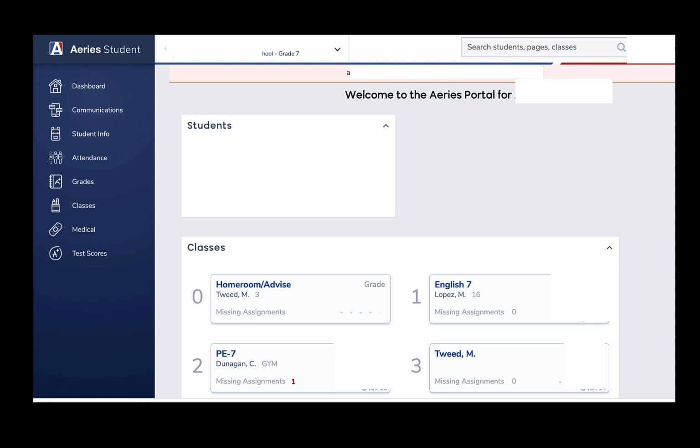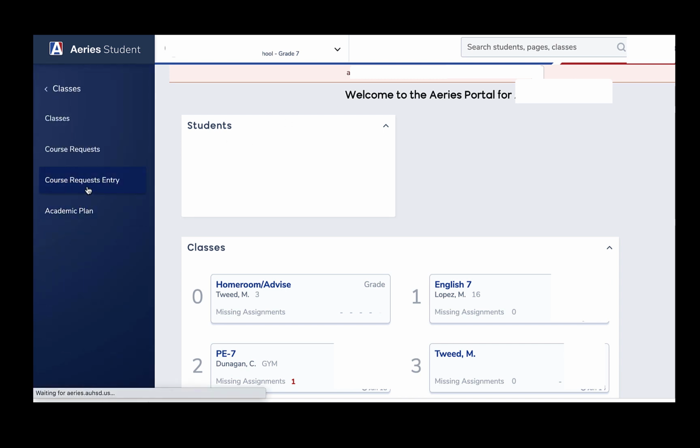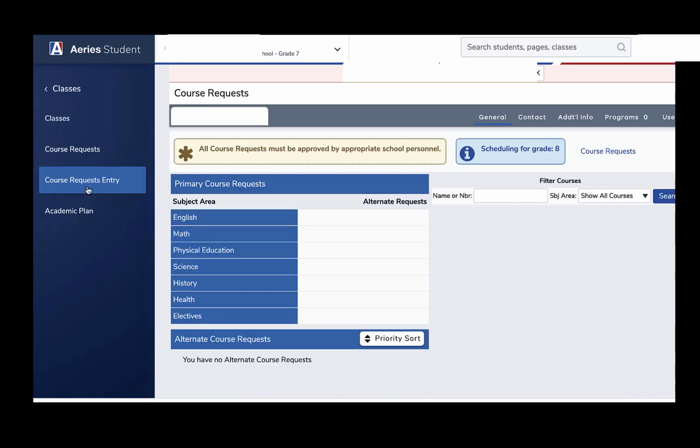When you log into Aries, you will see your main page. You will have a menu either along the left side of your screen or the top part of your screen. That is depending on how you have chosen to view your screens in Aries. Either way, you're going to choose Classes and Course Request Entry to get to the screen that you want to